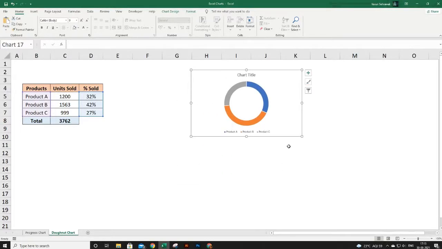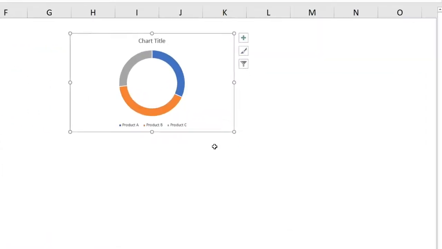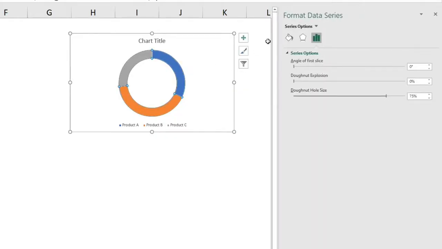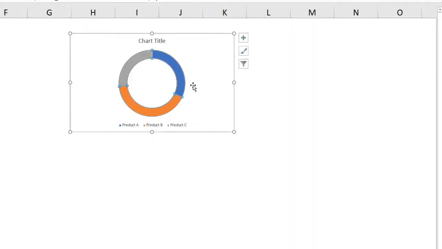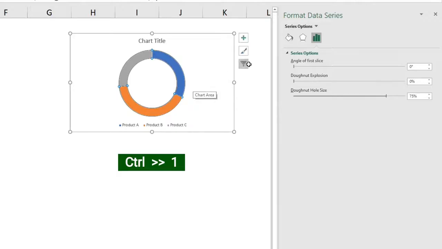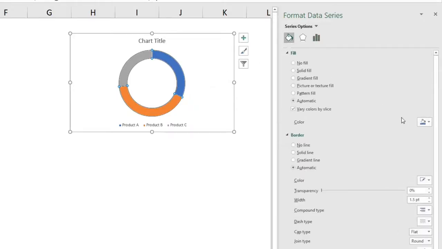Now let's beautify it. First, I want to change this gray color. So click on this part, double click on it to get this window. The shortcut key to get it is select this shape and press Ctrl 1. Go to this option. Now here you can see the blue color. It is this color which you see here, and I'm fine with this color, so select gray color.